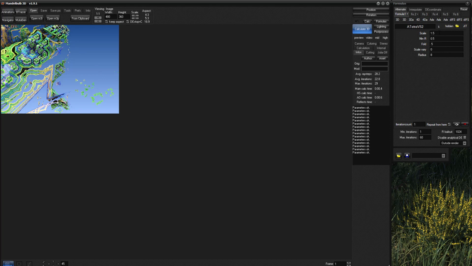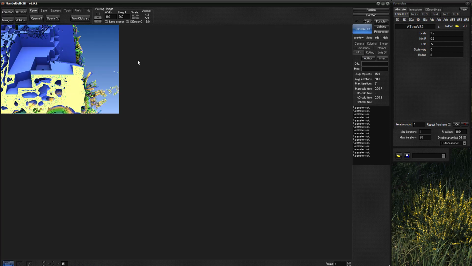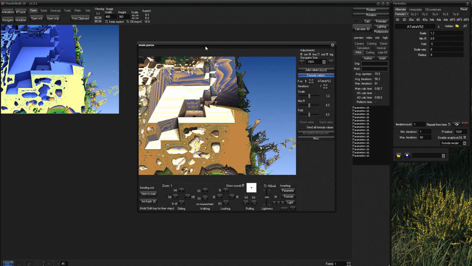So every time you change the value here, I put 1.2, it calculates, and you see, I got another result, but it's not a very good way. It's not the best way. I think the best way is to go to Navigator here. So you got this window, and from there you can take, you see, Formula 1. So you got scale, min radius, fold, and so on. And it's the same as here. If I go to Formula 1, scale, radius, fold, scale variation and radius. You see, scale variation and so on.